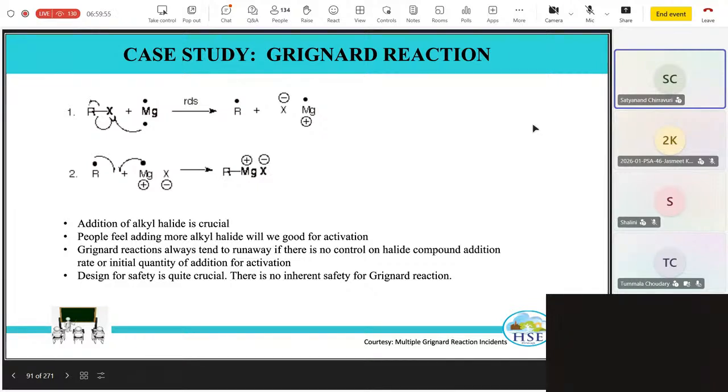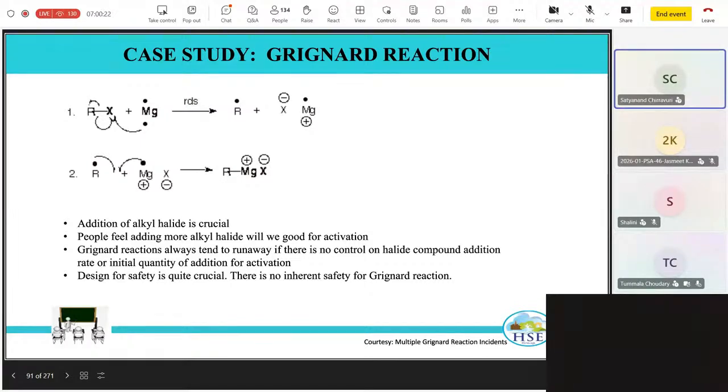I am telling you, there are many incidents on a commercial scale wherein people were just taking chances. They keep adding alkyl halide, up to 20% addition, 30%, 40%, then boom, I'm telling you,